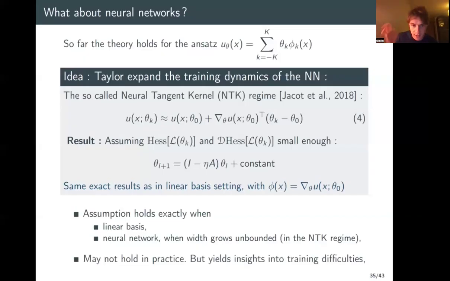Okay, so this is also, like I said, in practice, we do have the kernel that changes, and we can't do this initialization, because the Hessian actually does change in time, and it is small, but not equal to 0. So there is some change in the direction. But we can still say, okay, maybe it's not going to explain everything, like generalization. We're not going to explain generalization, but the question is maybe it can still yield insights into the optimization and training difficulties.